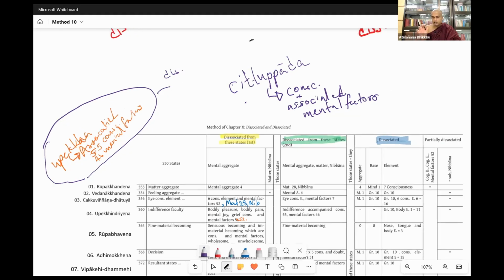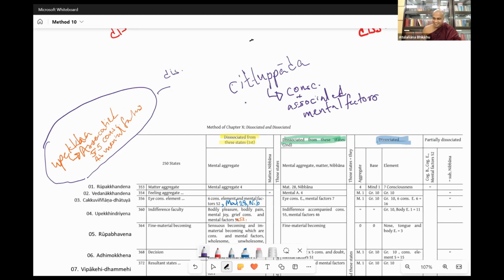So when we're learning the method number 6, we learn that one chittupada can be considered as disassociated with another chittupada, right? So in this case, for bodily pleasure, bodily pain, mental joy, and grief consciousness, in each of these chittupada, they have